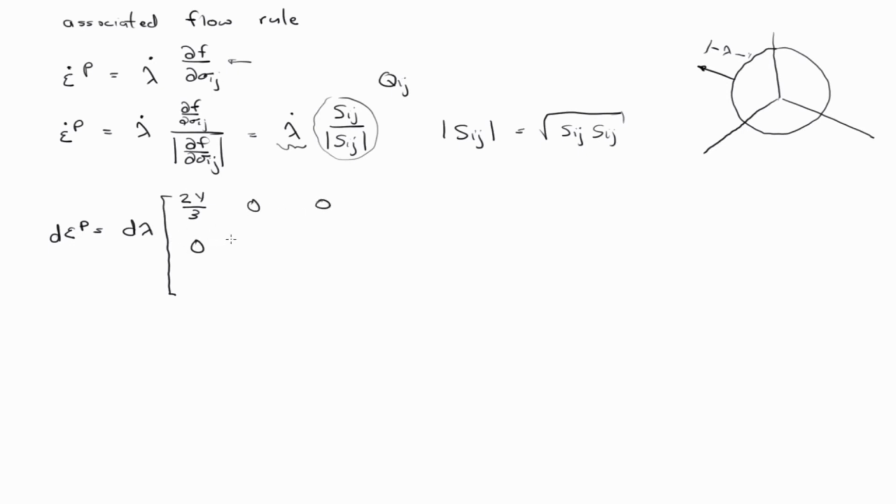Then you get something that looks like this. Right? And so that means that this term is equal to, well, one other point. In this case, in the case of perfect plasticity,